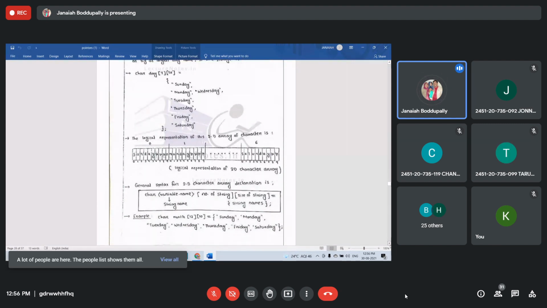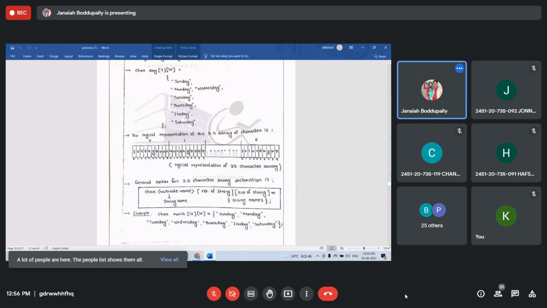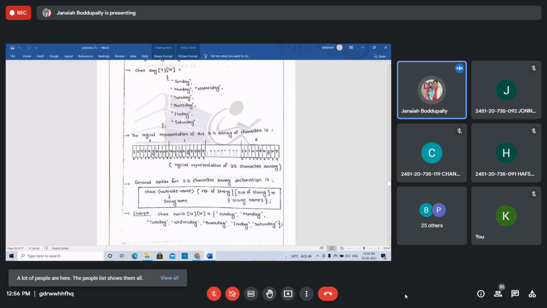See this: char day[7][10], 7 rows and 10 columns. Each row holds one day, such as Sunday, Monday, Wednesday. The number of rows is 7, and each string can have a maximum of 10 characters. This is the logical representation.